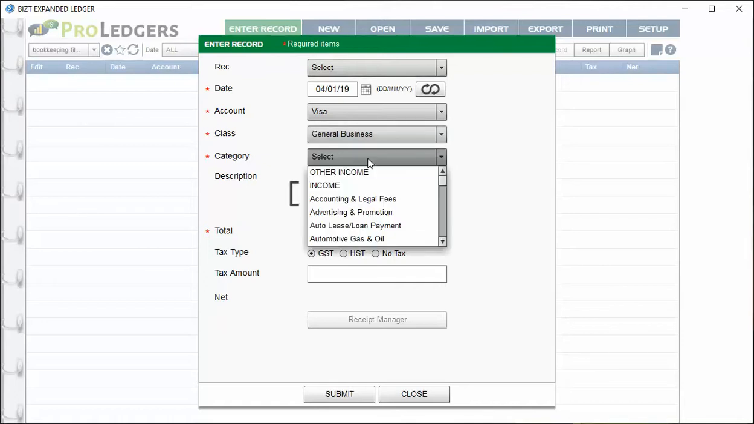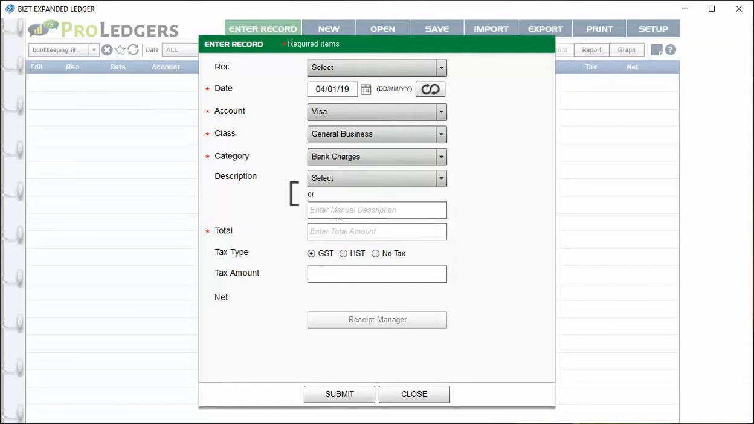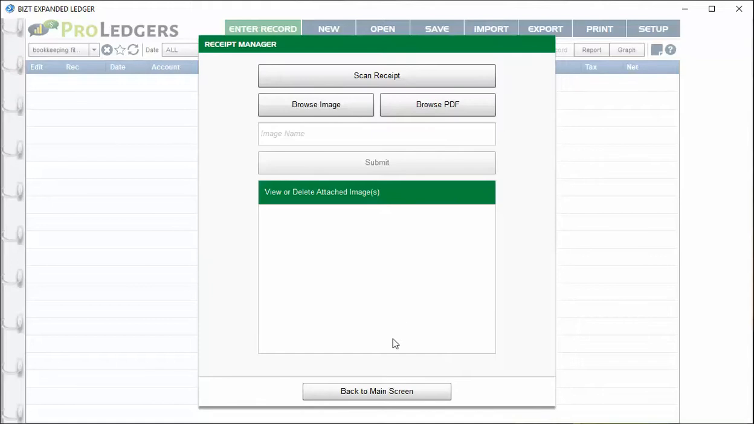General business expense. It's going to be, let's say, a bank charge. And let's say this is a monthly fee. Put that in the description field. And let's say it's $3.50. And let's say there's no tax on that, and if there is, you could choose it or even enter it manually. Now if there's a receipt to go with this entry, you can click on Receipt Manager, and now you